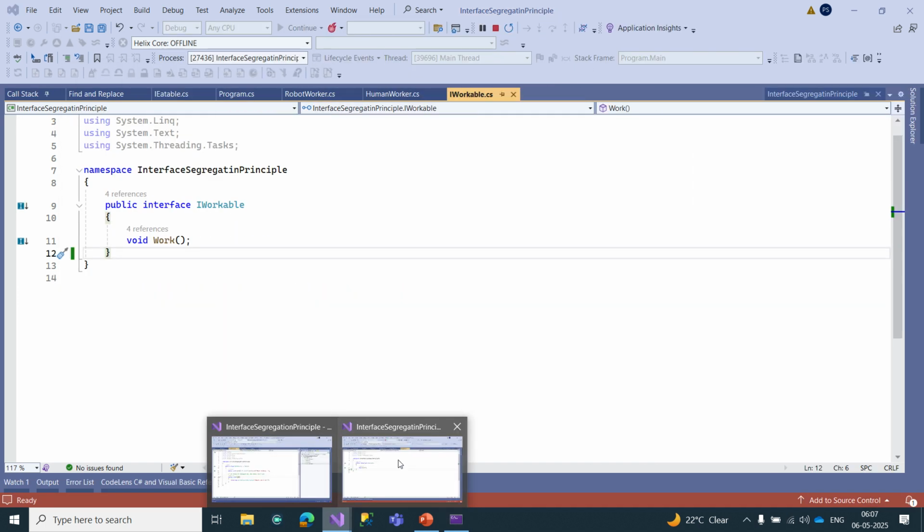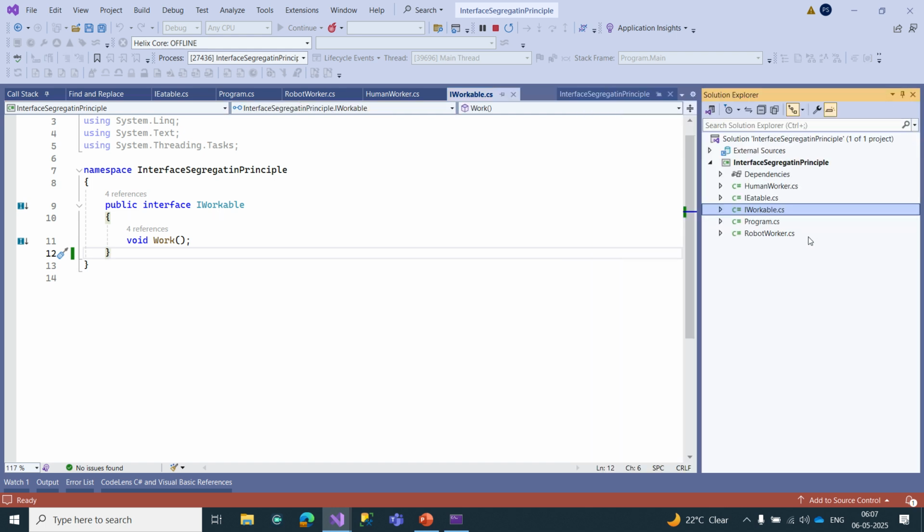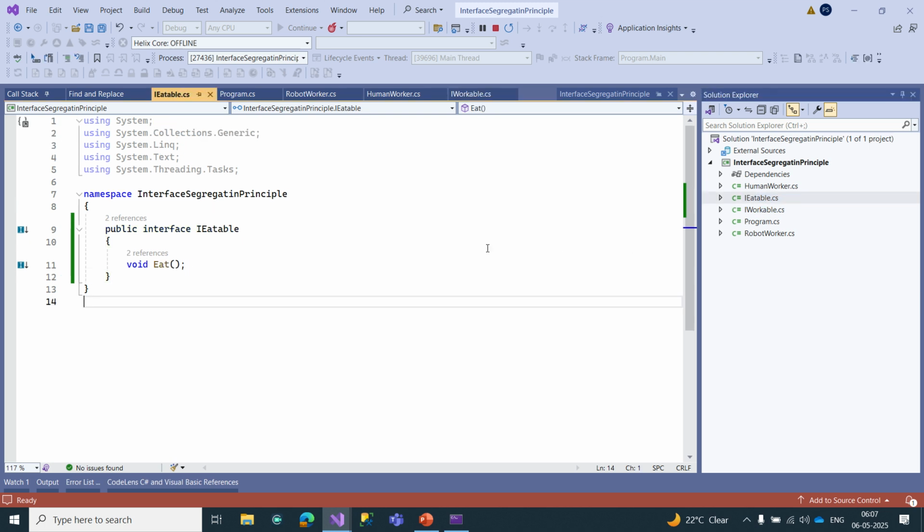Let us see the correct implementation. Now what I have done here, I told you we will not keep the bulky interface. Instead, we will segregate interfaces into smaller chunks. See, I have created an IWorkable interface here which declares only the work method, and the IEatable interface which declares only the eat method.